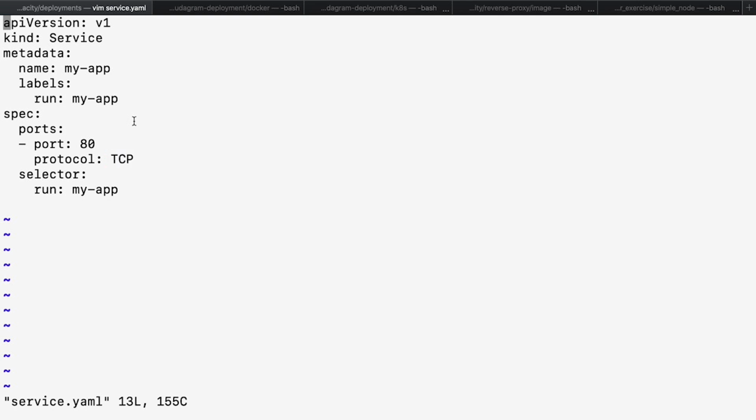Now, my service here is pretty bare bones and is pretty short. If we want to become more sophisticated, there are a lot more configurations that we can do to this service file to make it more feature heavy. For the purposes of this exercise though, I want to keep the files as simple as possible so you can see the core components of what we might need to get an application up and running.